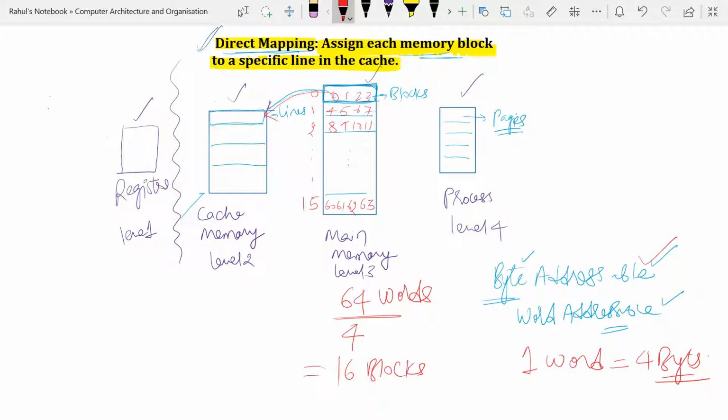Now lines. Suppose I am saying that total 16 words of cache memory is there. If the cache memory size is 16 words, then how many total lines will be required? As you all know, the size of one word is given as 4 bytes, so total lines would be 16 divided by 4 equals 4 lines. So 0, 1, 2, 3, 4 lines are there in the cache memory. Okay, now